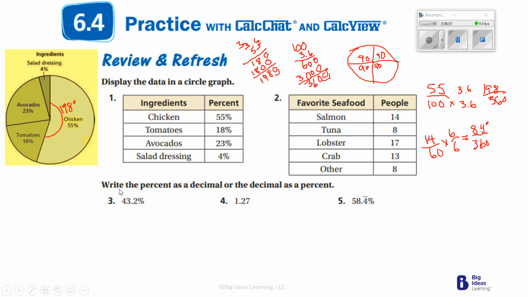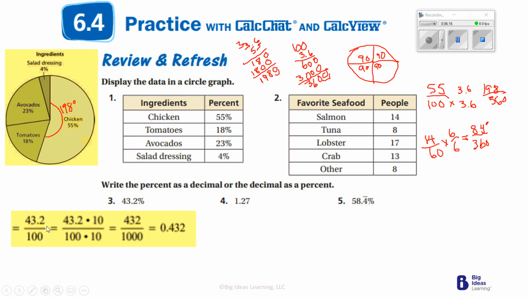Number 3 says, write the percent as a decimal or the decimal as a percent. Well, for this percent, to write it as a decimal, I just move it over twice. It's going to be 0.432 for my decimal. So you see, they're dividing it by 100, and you get 0.432, just like I said. It's just moving the